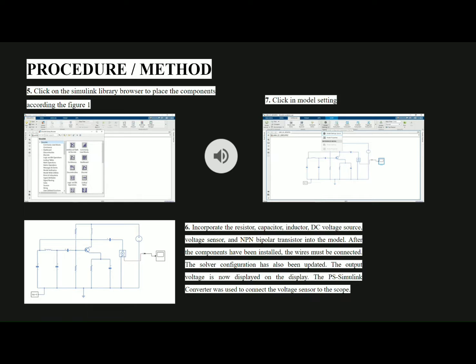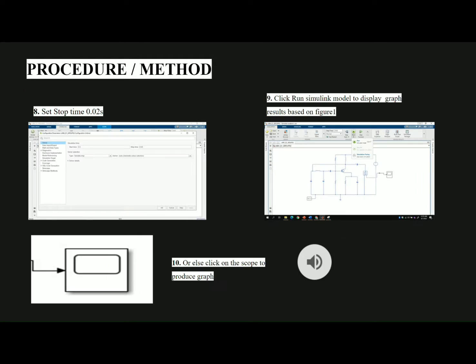After the components have been installed, the wires must be connected. The solver configuration has also been updated. The output voltage is now displayed on the display. The PS-Simulink converter was used to connect the voltage sensor to the scope. For number 7, we need to click on the model settings, and then we set the stop time to 0.02 seconds. And then we need to click run Simulink model to display the graph results based on figure 1,